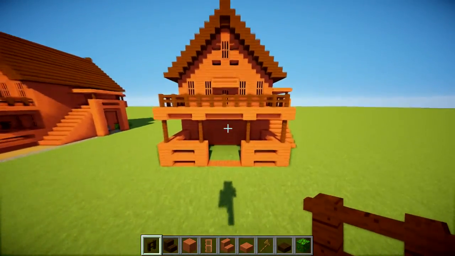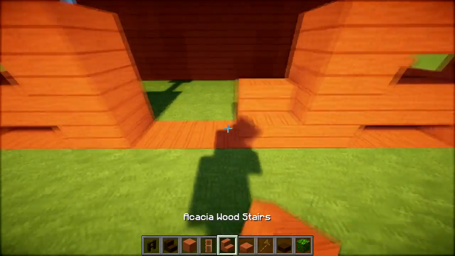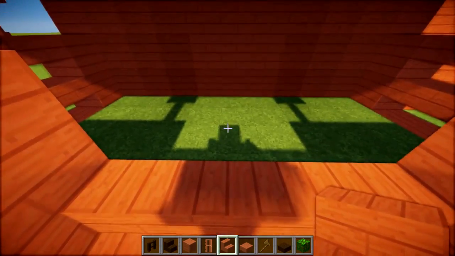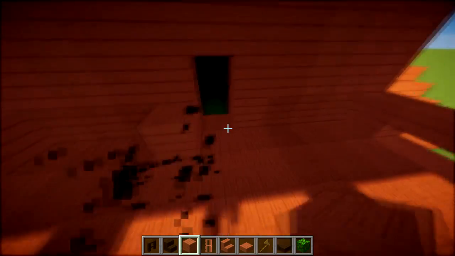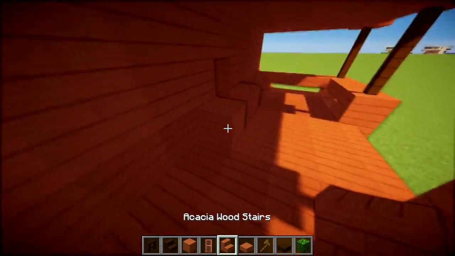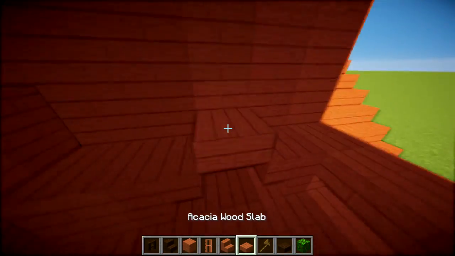Perfect. So now we're going to do this little bit where we can just get a stair, and we're going to fill that all in. Okay, we've got that done. So now we find the center, that's where our door's going to be. We're going to place a block either side, then we're going to have a stair either side of here, here and here, and then we have a stair there, and then we're going to have a slab in between here,